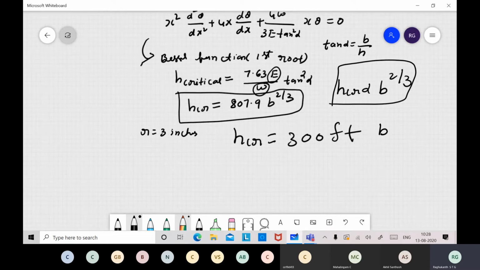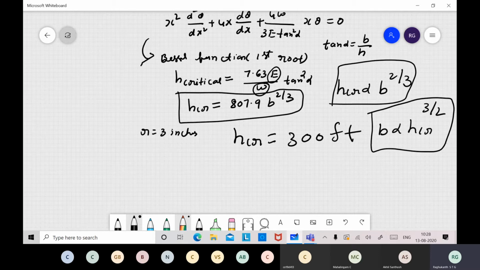So if you put it in these terms, H critical is 3 by 2 times actual the base also. This is only to avoid the self buckling. Plus if you add additional weight, if it has to carry that building or something like that, the width also should be more. That is how you see the pyramids and many things come into the picture. This is a very famous formula, 3 by 2 or 2 by 3, where if you want to construct the tallest building, you should be able to establish how much the base should be actual.